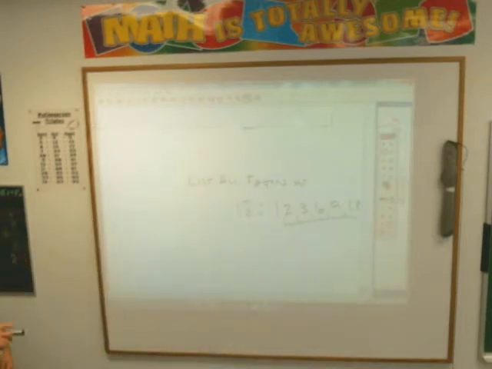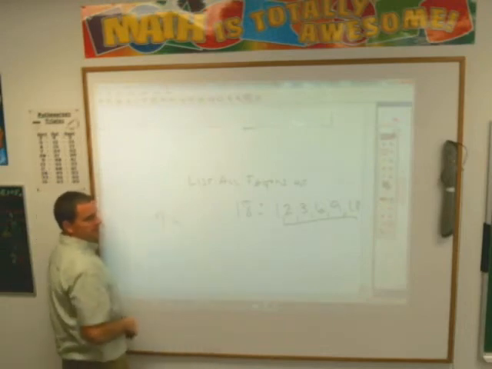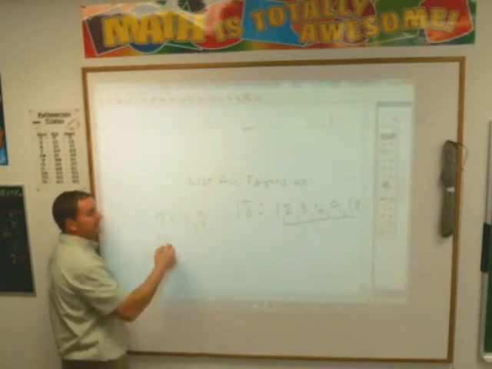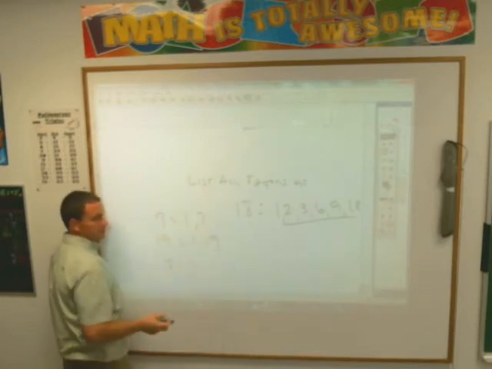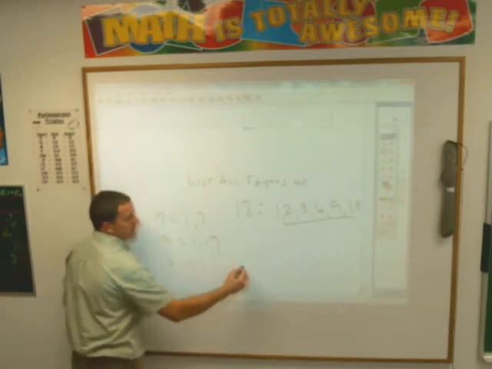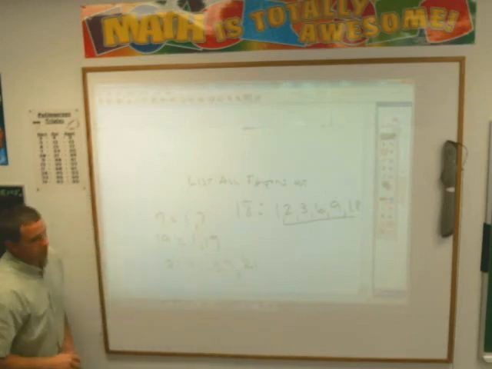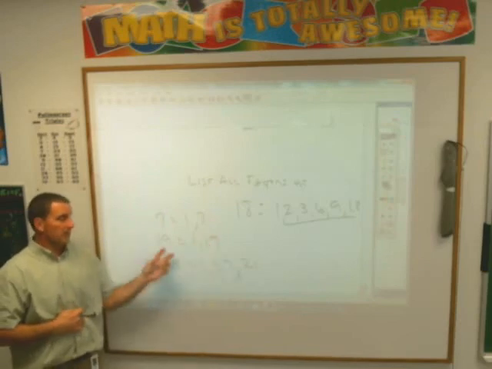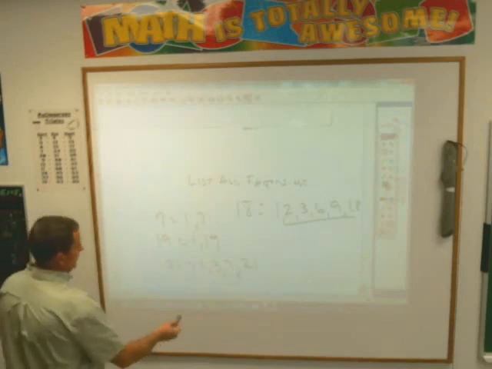Now there will be some numbers that only have 2 factors. For example, 7. What times what gives you 7? Elijah? Just 1 and 7. Number 19, 2 factors, just 1 and 19. 21, how many factors? 4. 1 and 21 and 3 times 7. So don't think just because something's odd that it only has 2 factors. Okay, there are odd numbers that have lots more factors than that. So this concludes your fun and exciting